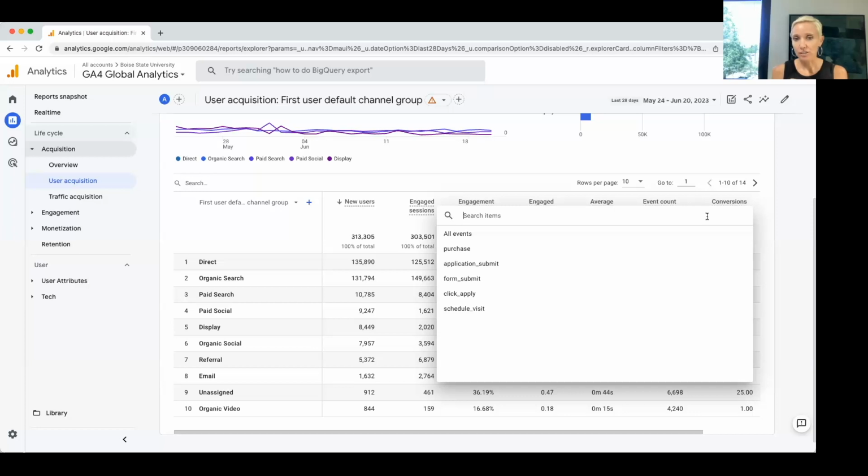And we actually have a cheat sheet of the events that I'm going to send in the chat, which will give you the whole list of what we're tracking and what it means, how it's tracked, and what you can do with that.